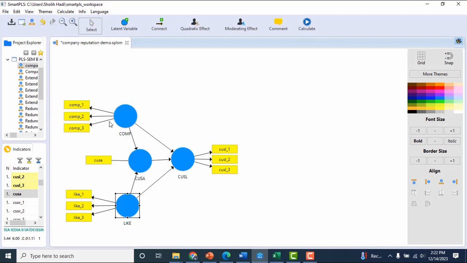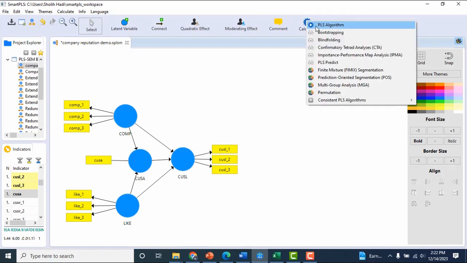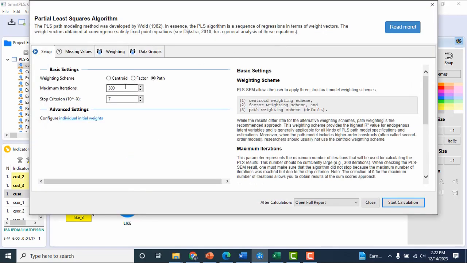This is our model. We use the company reputation model. First, we assess the multicollinearity: calculate, and then PLS algorithm. Okay, we follow the default and we start the calculation.